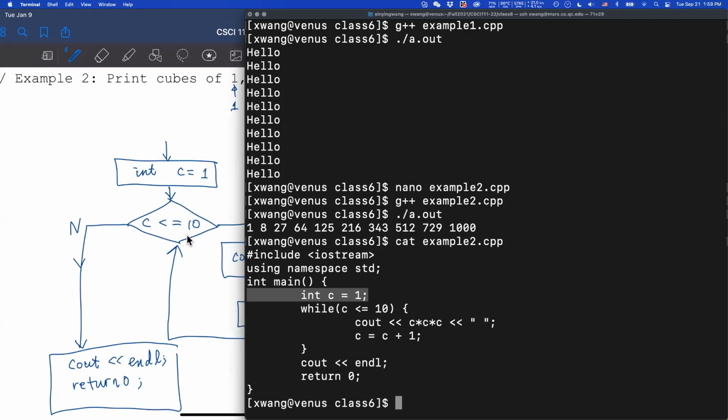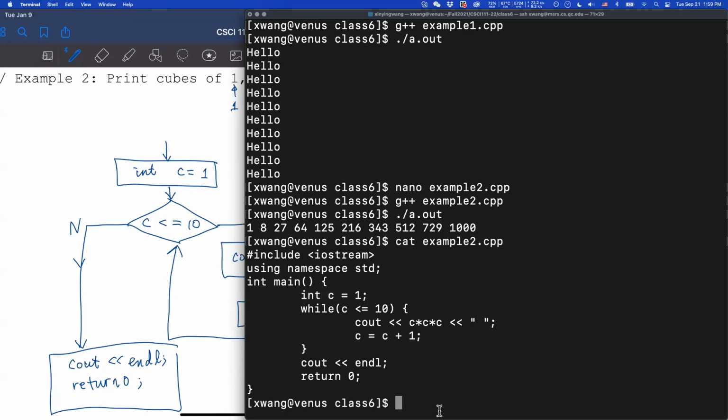So for this question, since you want to print the cubes of 1 through 10, it's easier to set up your counter at 1 and then end at 10.